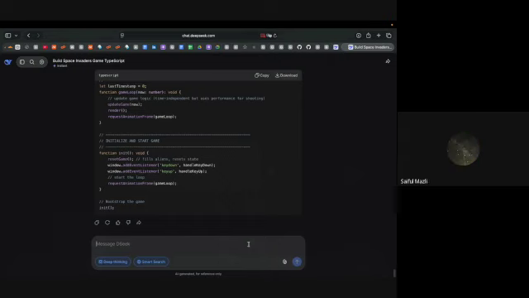With grill me, you tell it to grill you, but there is no slash command called grill me here. The reason why it's not there is because this is a version that is running on the web only. You can't install anything. But what you can do, you can actually tell it.